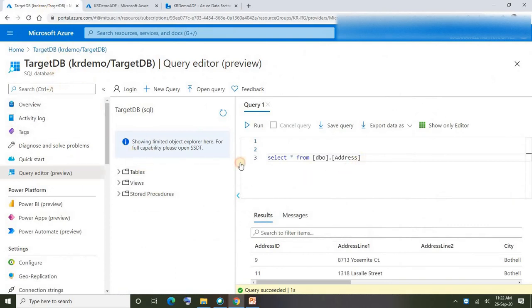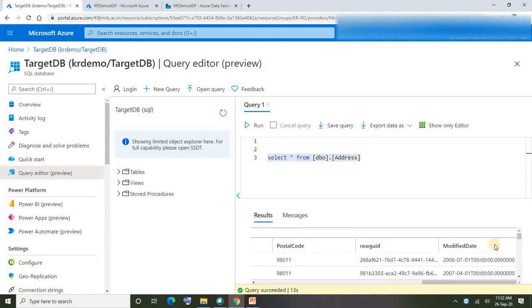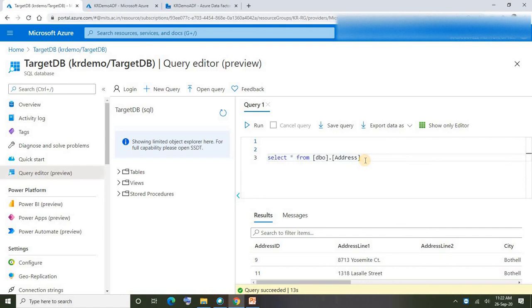Now target DB, I am into target DB, so let me execute the query. Of course data would have been loaded, more number of records might have been appended, that's okay, and we'll see if there is additional column added or not. Obviously it won't be added, as that column itself is not there in our target table. Mapping also was not done. Okay, so this is how it works. So as I said, the number of columns in our relational data store are always fixed. If you want to add additional column, you can go ahead and add by altering the table.